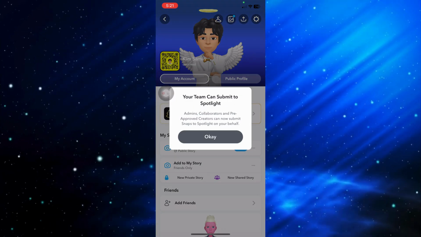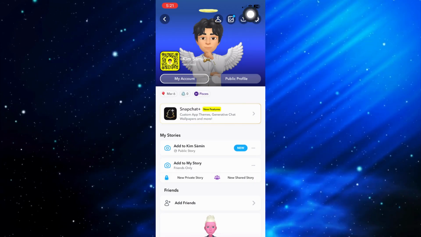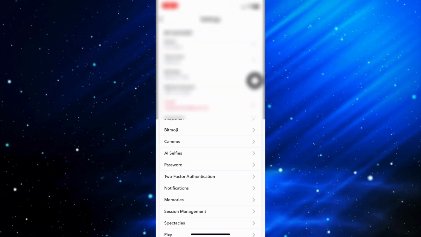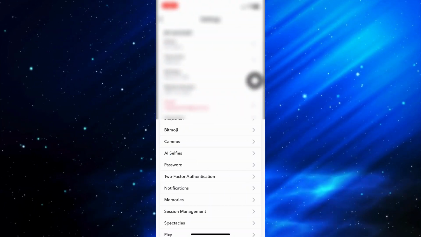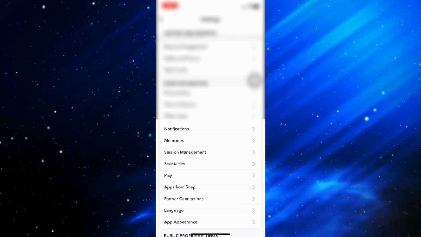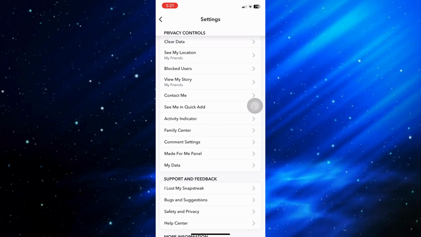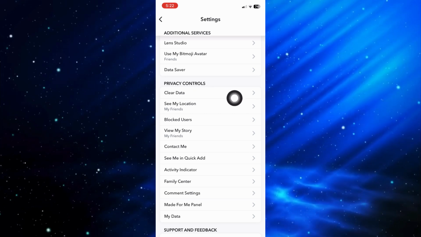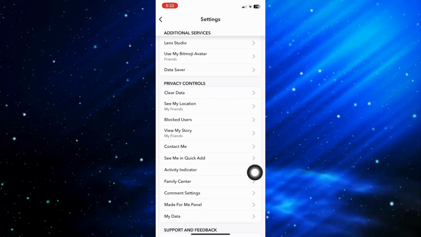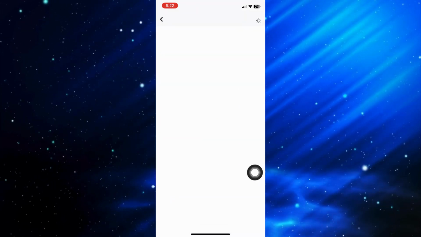Now once inside this page right here, click on the gear icon and it will take you to the settings of Snapchat. You can just go ahead and scroll down, and under privacy controls, you have the option called My Data. You want to go ahead and click on My Data and it will prompt you to this page right here